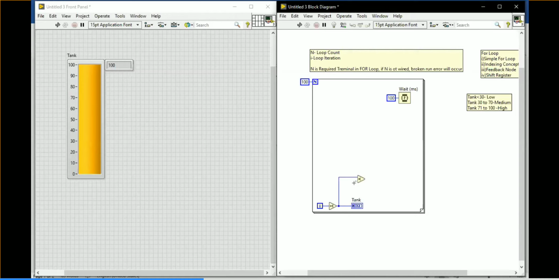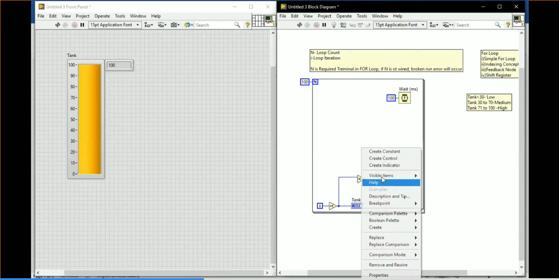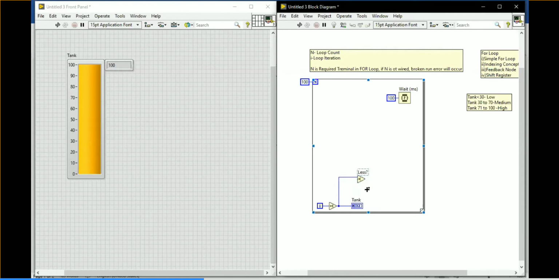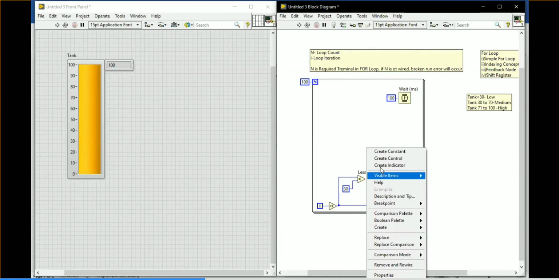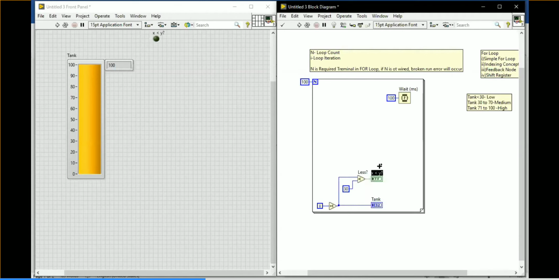Make a proper comparison, because if you exchange the terminals you will get the opposite result. Now the tank value is compared with a constant; create the constant with the value 30. If my tank value is less than 30, right click on the terminal, create an indicator with the name low.